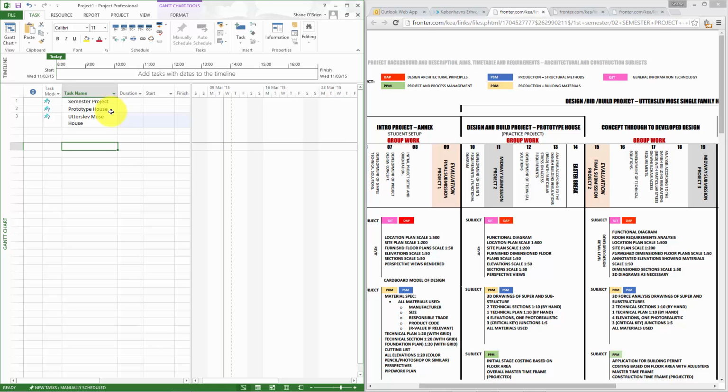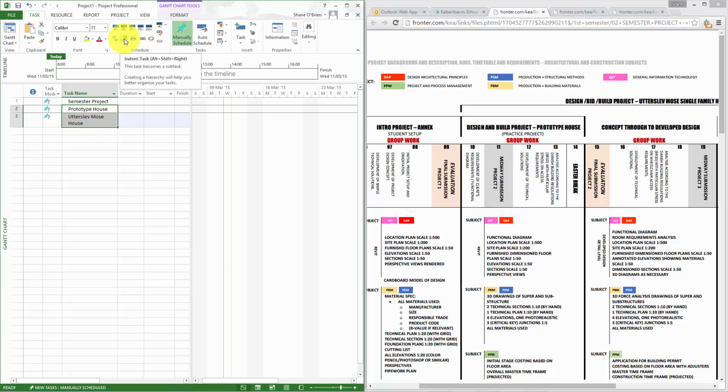So all we've done so far is just type in what we have. Now we want to give these a priority within the project. The semester project, the entire semester project, takes into account these two elements here. So I'm going to select both of them like this, and up here we have a little button called indent task. If I click indent task,